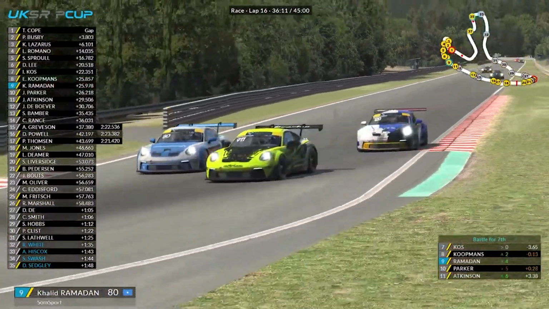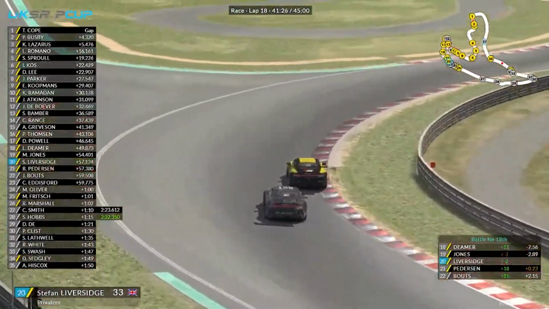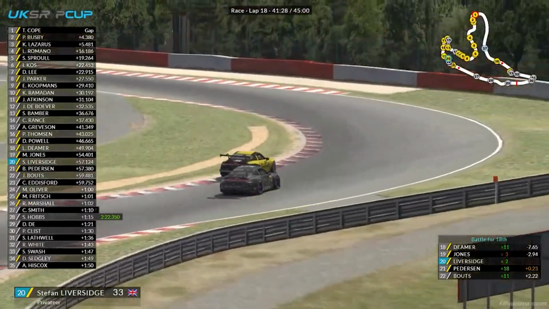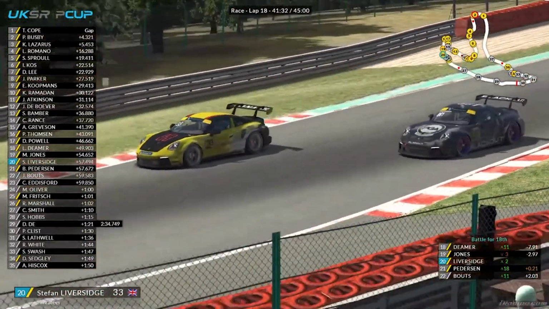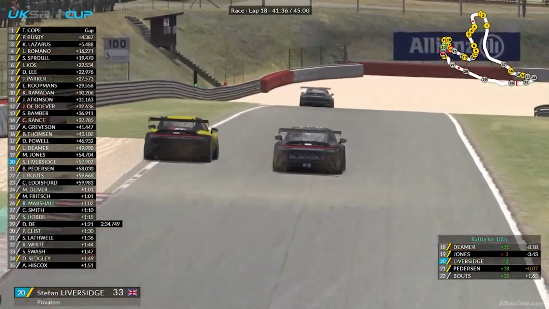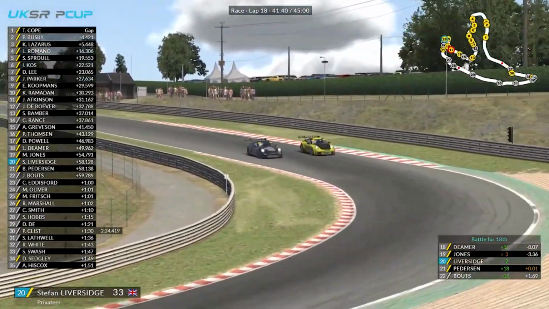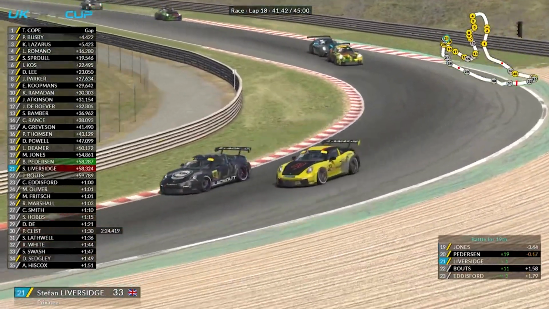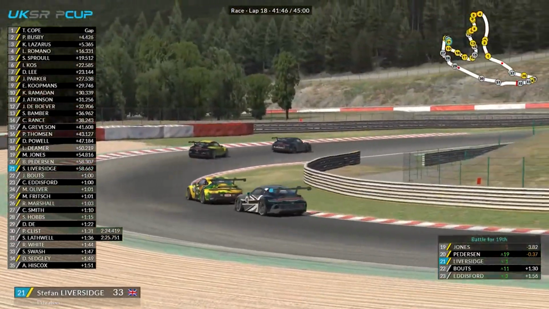Indeed he does. We do look here to Stefan Liversidge, and what is, I do believe, Ben Peterson looking around the outside, and Peterson having started from the back of the field, P39, where it's not been a race where he's going to be achieving a major positional achievement. I tell you one thing, Peterson is absolutely alive here today at the Spa-Francorchamps circuit. He looks up the inside here, and Liversidge into Rivage. He goes in, this is a P17 gold class, P20 overall, and he's going to take it there,